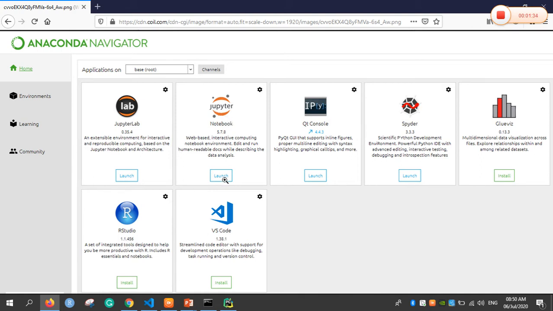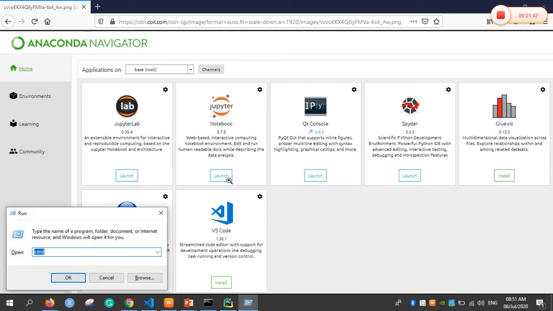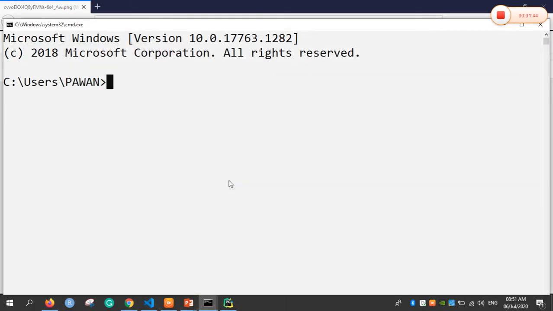Now we are going to launch the Jupyter Notebook from the Anaconda Navigator, or you can even launch it by using the command prompt. Here I am going to type cmd. Now I am going to use jupyter notebook, so I will press enter. It will take some time, and the Jupyter Notebook is going to be opened.